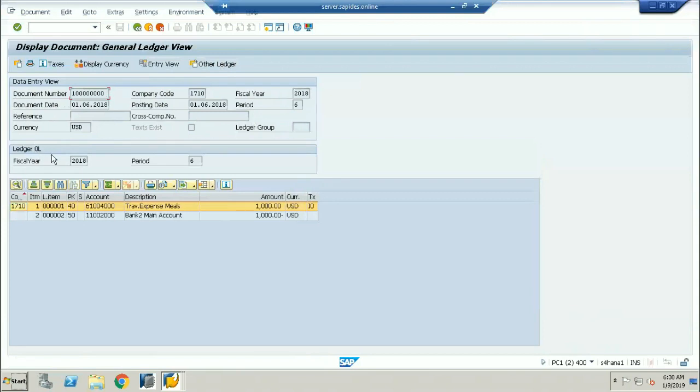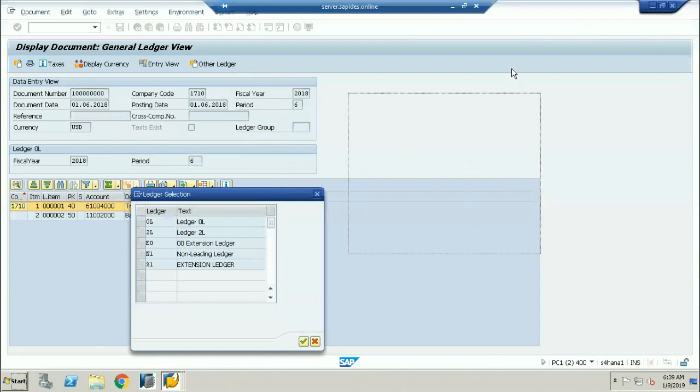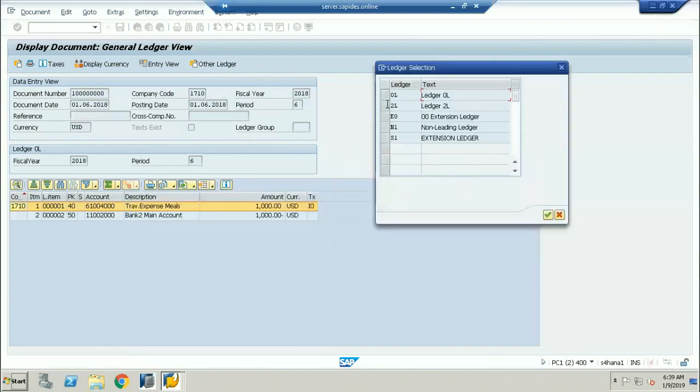Clear, sir? Thank you. Why isn't the ledger group field used? Yes, sir. If I see this ledger, these many ledgers have got posted automatically. As I told you, non-leading ledgers are inheriting the transactions from the leading ledger. Non-leading ledgers are going to be inheriting the transactions of the leading ledger. But